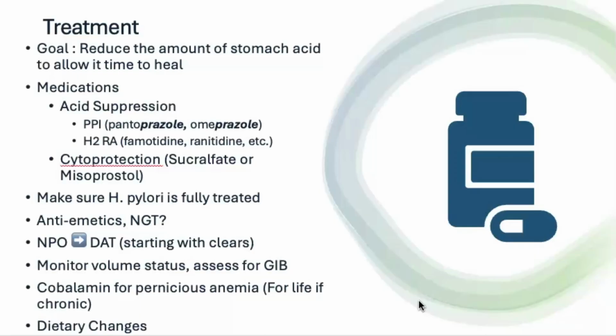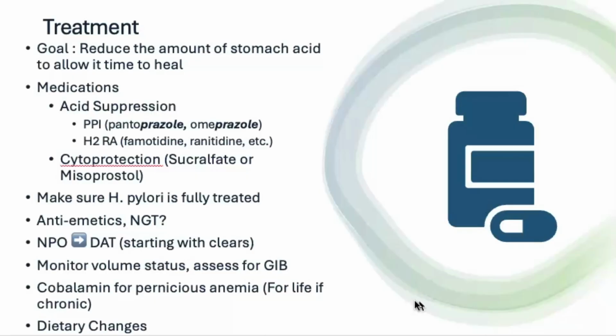So typically what you'll see are the PPIs being used. But sometimes patients, if their symptoms are worse at night from their gastritis, there is some research to show that H2RAs might help better with acid production at night and help to decrease that acid production at night. The other medication that you see up there is